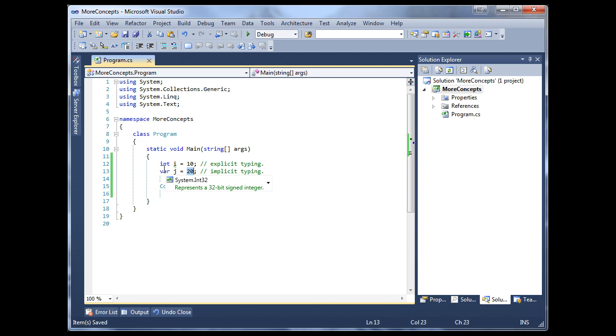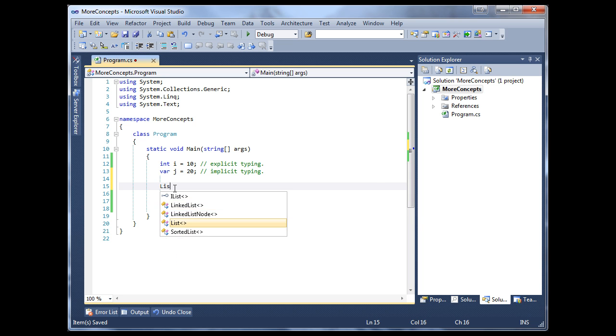It says already that it is an integer, so basically there's no difference. Now, why would people do that? First of all, some people say it is less to type. Of course, var and int are both three letters, but sometimes you have something much longer, like a list of